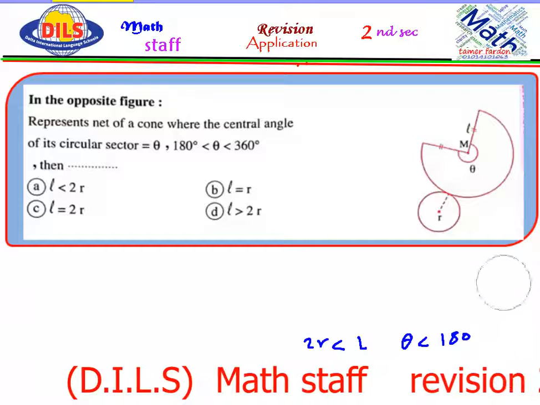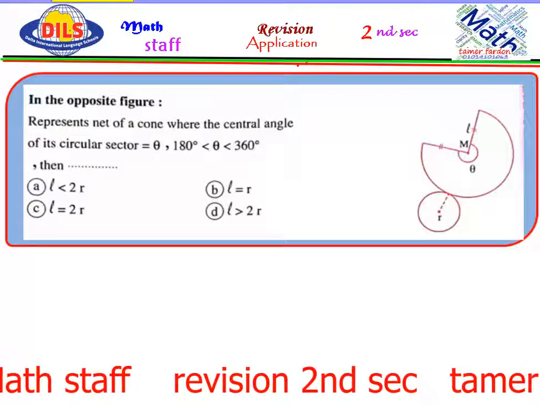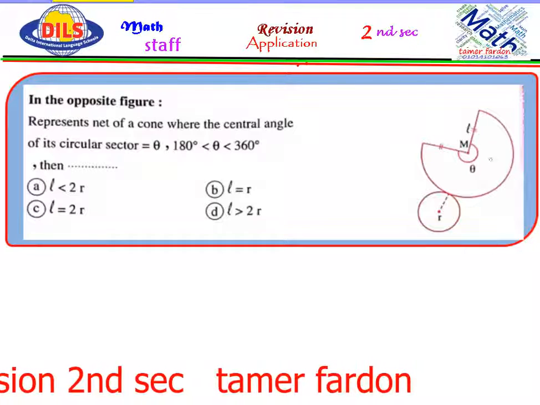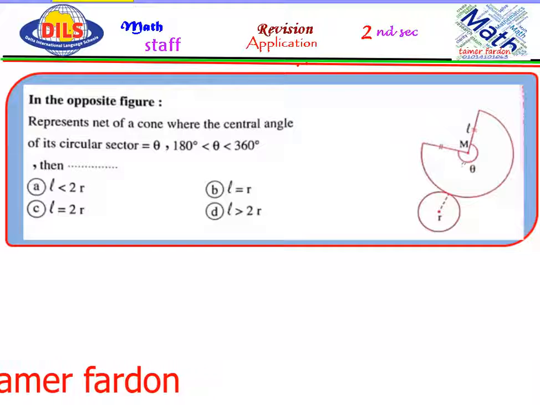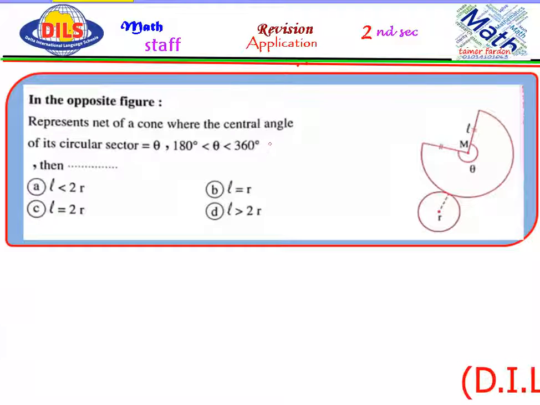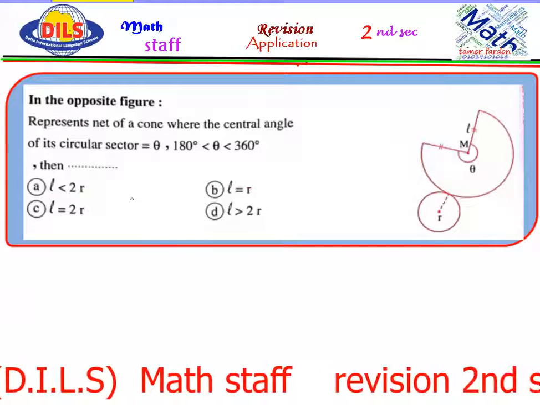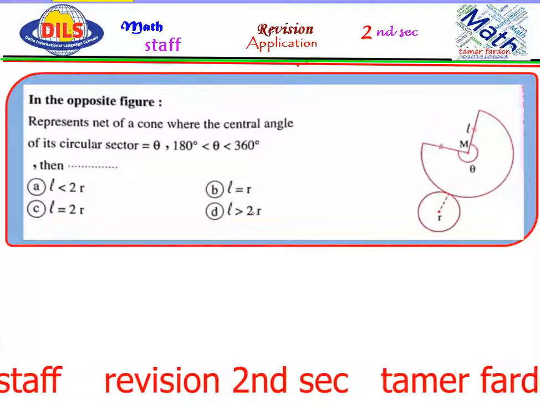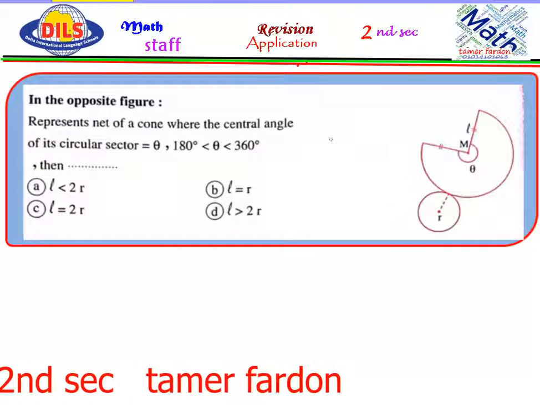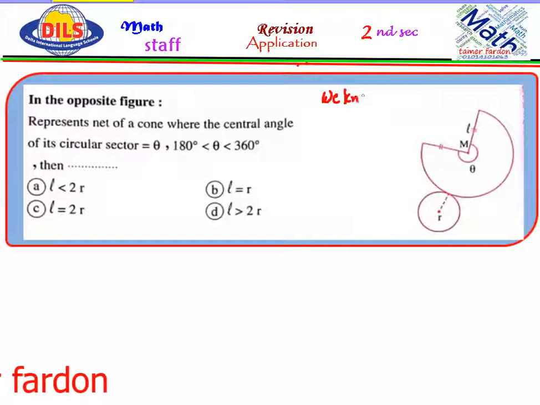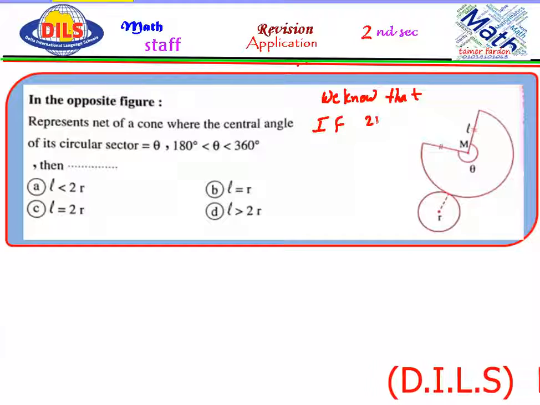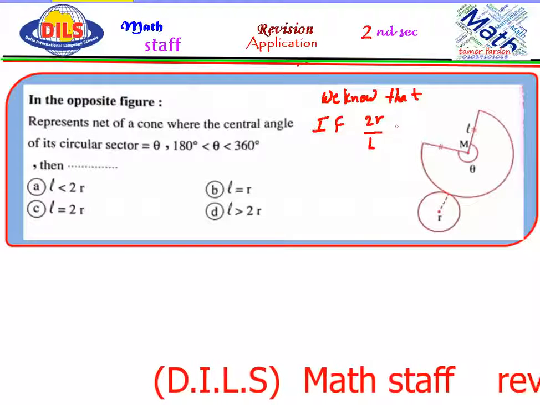The next: the opposite figure represents a net of a cone. The central angle of its circular sector is theta, where theta is greater than 180 and less than 360. Then L less than 2R, L equals R, L equals 2R, or L greater than 2R. We know that if 2R over L is less than 1,